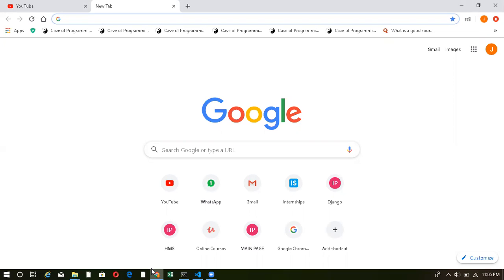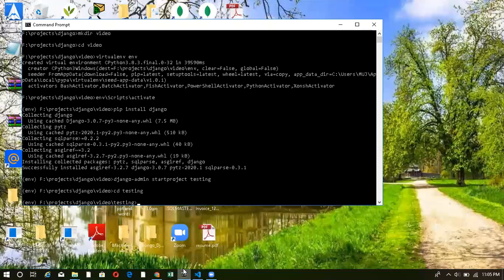For other things, I can create another app. So basically, I can create my Django app using python manage.py, and then I have to write this command, startapp, and now I have to name my app.